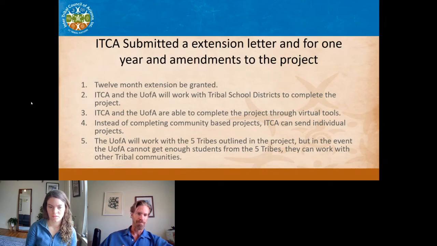And so basically, to make a long story short, we were going to have to be a little bit flexible, and work with the original 5 tribes that we had outlined. And if some of them said, no way, we're not going to do this project anymore, then we could start going to some other tribes. We started engaging with those and still meet those numbers, those metrics that we said that we would meet.